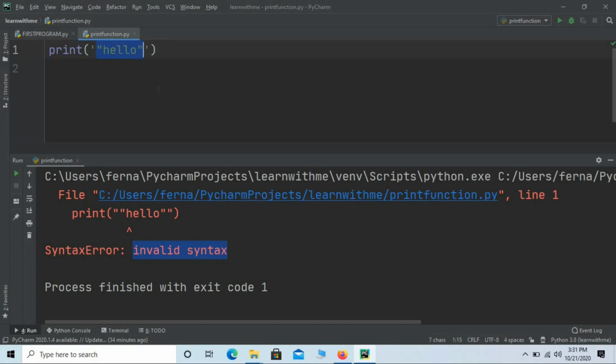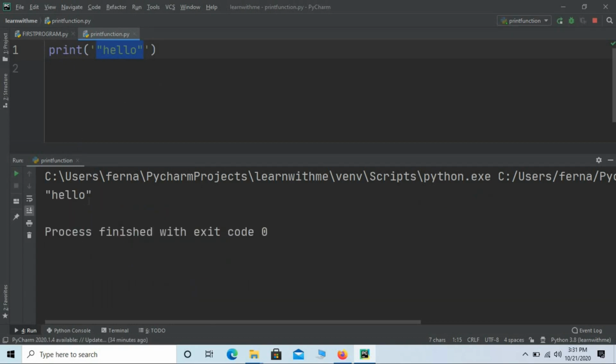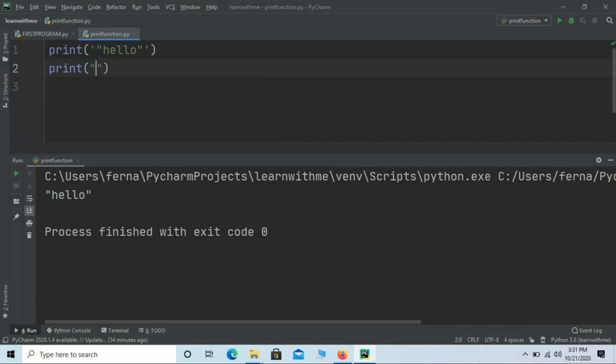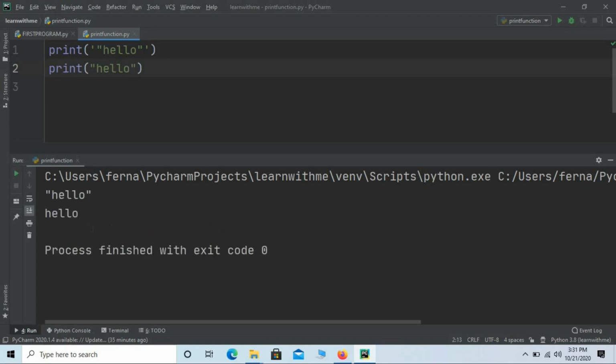I will save the program with the help of Control S and I will rerun the program. Now if you observe, I have got the output within double quotes. If I simply used print within double quotes or single quotes or triple quotes, the output would be something like this, right? So you can see the difference. Even though I've used double quotes, it is just printing simply as hello. But if in case I want to print my output within double quotes, then I will make use of opening and closing single quotes for the print, and then I can write the message with the help of double quotes.